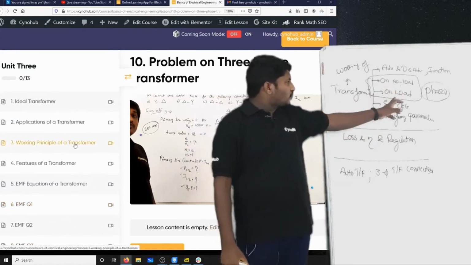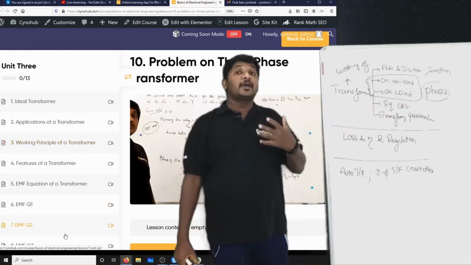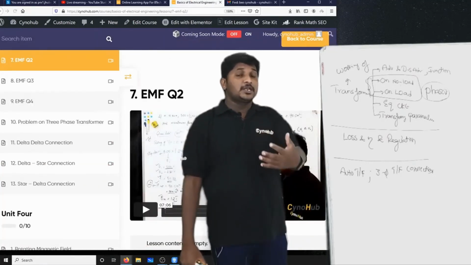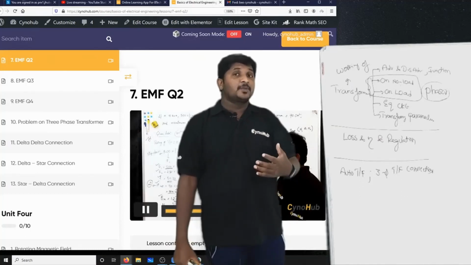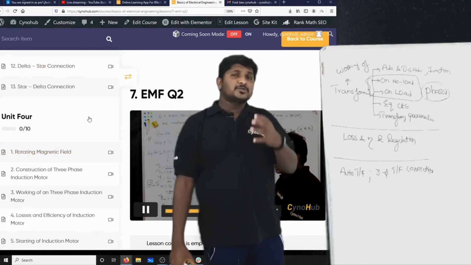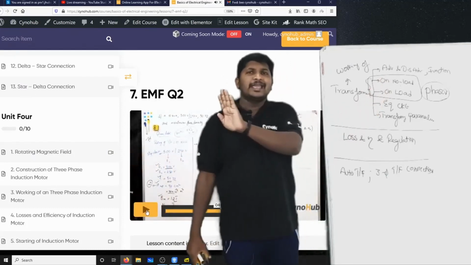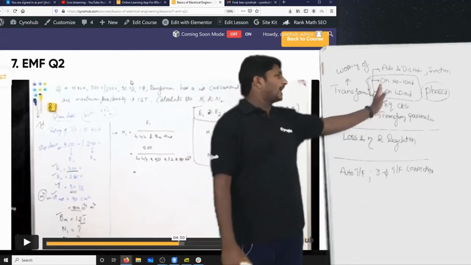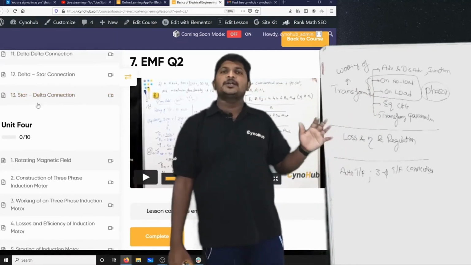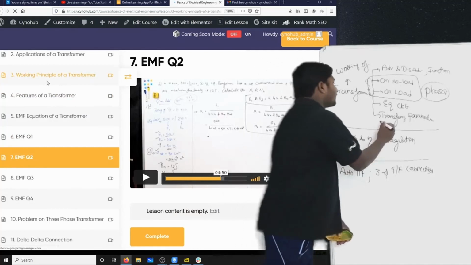Here you have only two headings, no load operation and load operation. To get these two headings, I have taken 5 to 6 lessons. Okay, I explained very neatly. Transformer on no load case, transformer on loaded case, with phasor diagrams. I have drawn the phasor diagrams very neatly, step by step, by explaining it. So from this you will not get any problem, you will not get any numerical. They will ask only theory: working of a transformer on no load case and load case. Then where will you get the problem? Here you will get the problem.